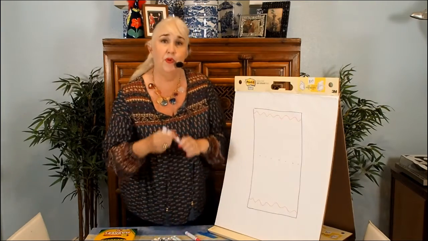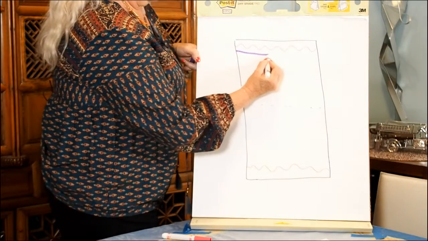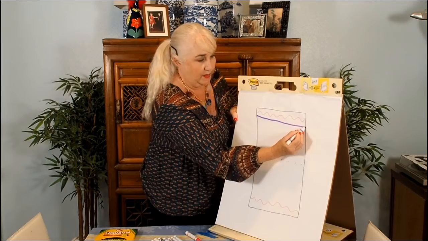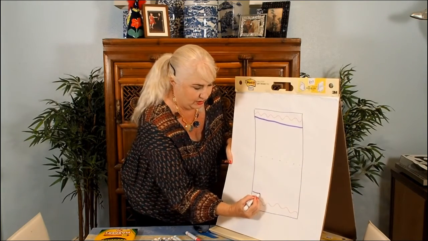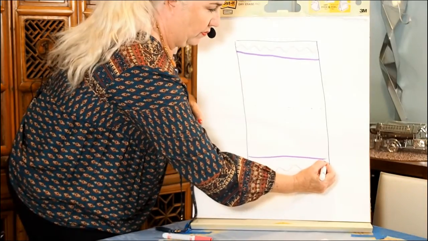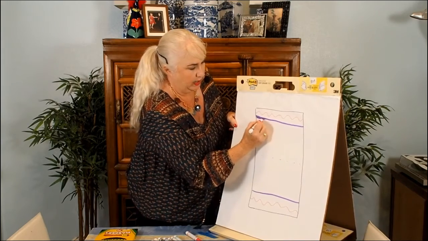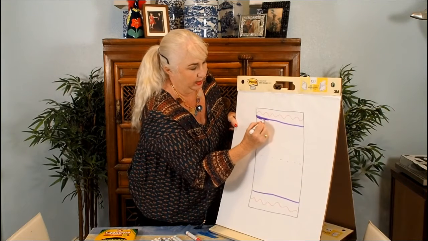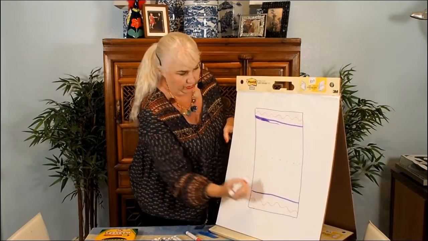Then I think I'll move to purple, and I'm going to do a thick line going across. Bear with me because I'm working sideways and sometimes they're not as straight as they could be, but you get the idea. So a thick purple line. And if I wanted to make that even thicker, I could go back and add to it, like so, on both sides.